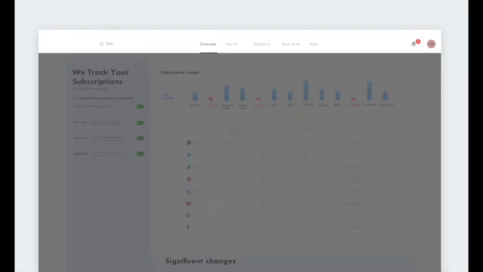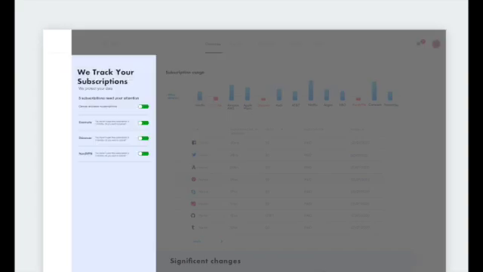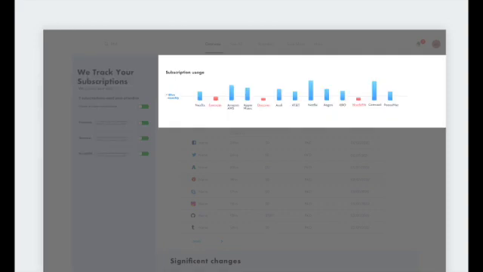On the top, you can see the search bar and settings. On the left, subscriptions that need attention are called out in the sidebar, where you can easily toggle them on or off. Moving to the top of the page, users can find a clear and easy to read chart highlighting their subscription usage.